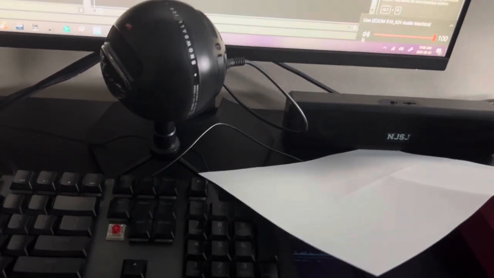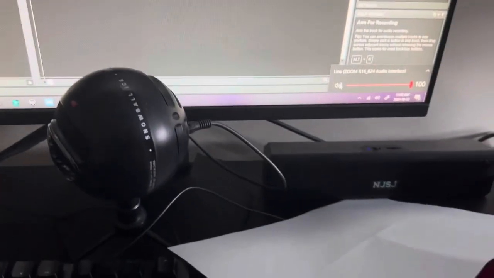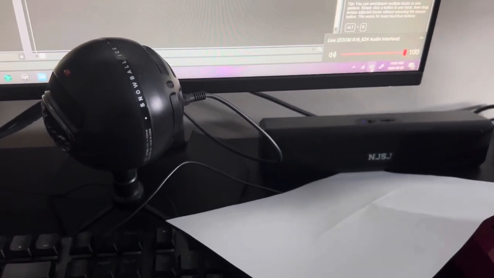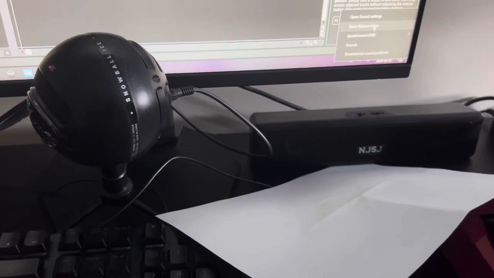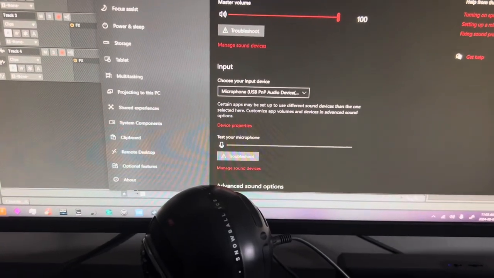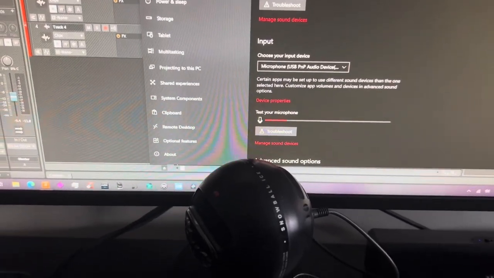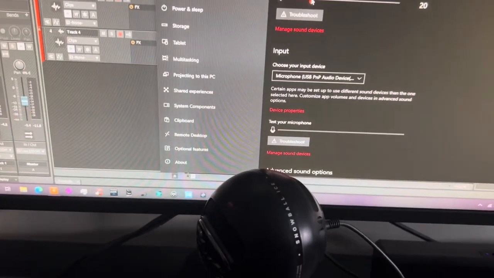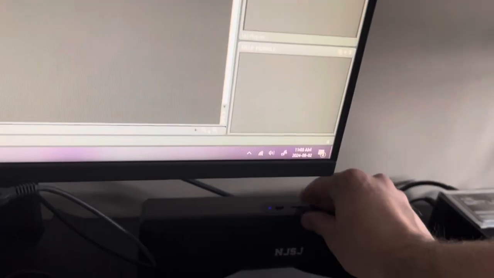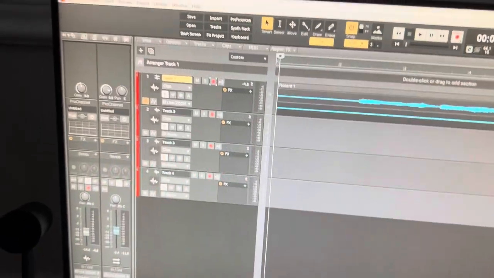So if I change this, sound settings. Yeah, because the thing is, when it sets to audio interface, it pretty much changes my driver, so I think this should be good. Just lower it a bit. And now if I play back,